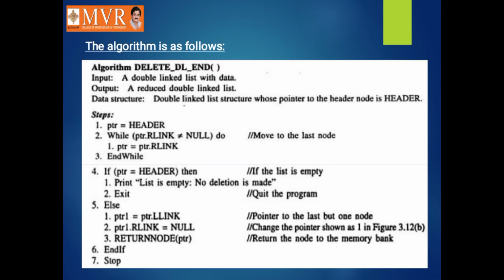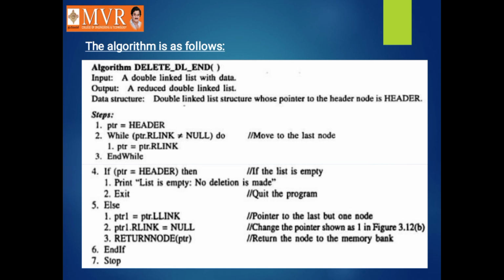Here is an algorithm demonstrating deletion at the end. Start with ptr equal to header. That is, from the header take the address of the next node and move from there to the next node. We will start from the header node. Since we want to delete the last node, we will start from the first node, then move to the second, then move to the next, and so on till we reach the last node, and set a pointer there and set another pointer in the previous node, and delete the last node.